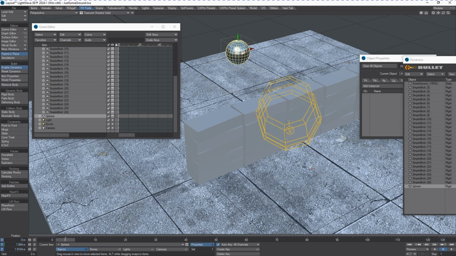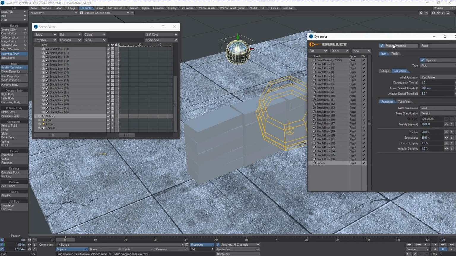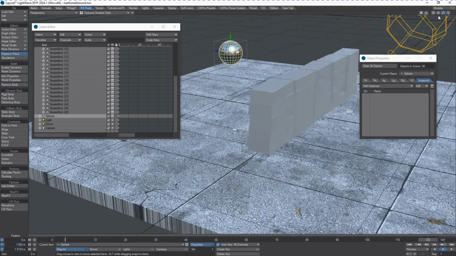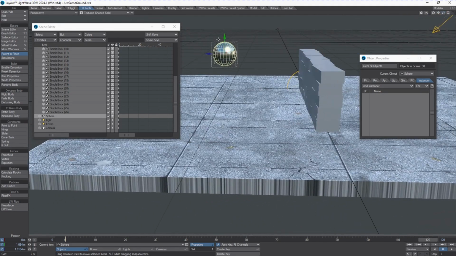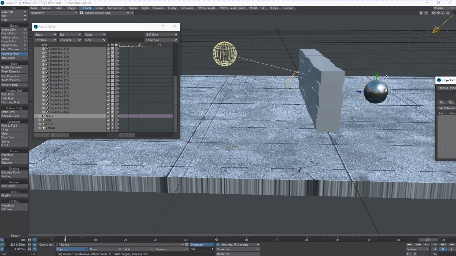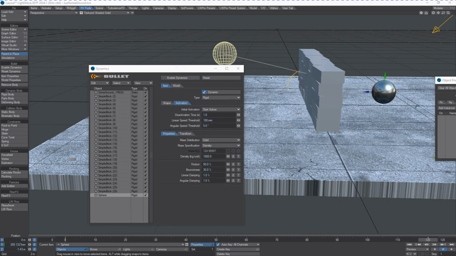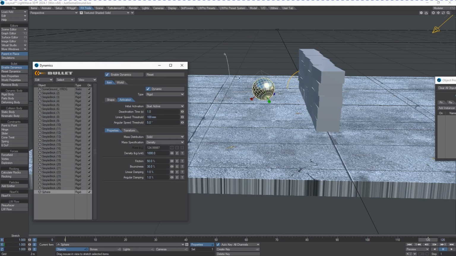So just going to the end of the timeline, I'm going to turn off the enable dynamics for a moment so I can do this really quickly. Because when I disable the dynamics, we can actually move and animate things without it trying to calculate or simulate anything. So I'm just going to ram this ball through the scene. Change a couple of other parameters here. But now that we've got that, I can hit enable dynamics